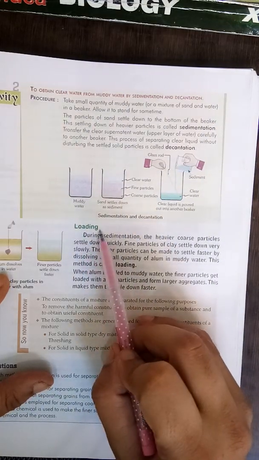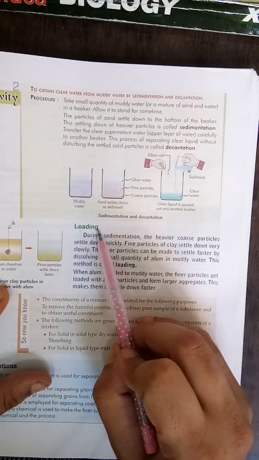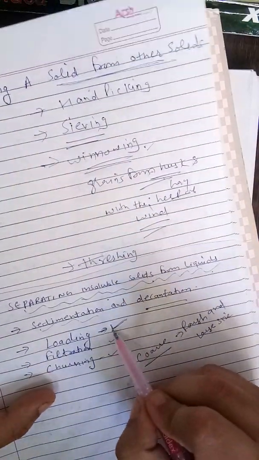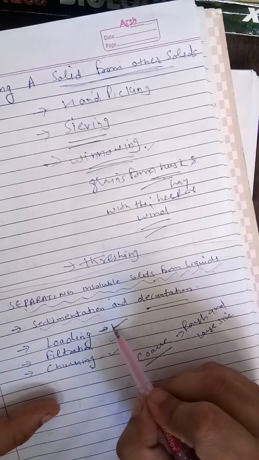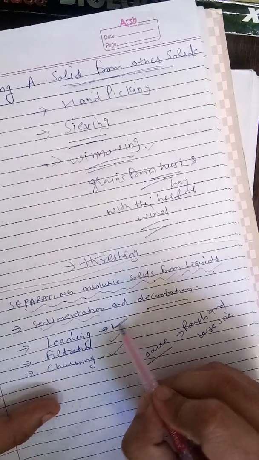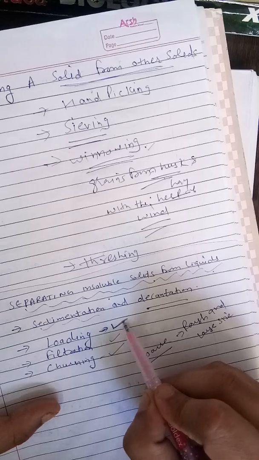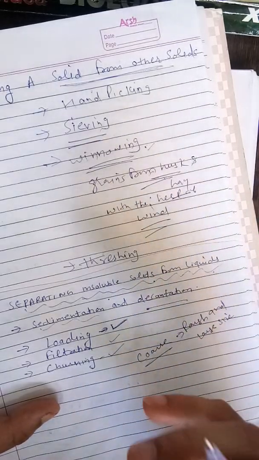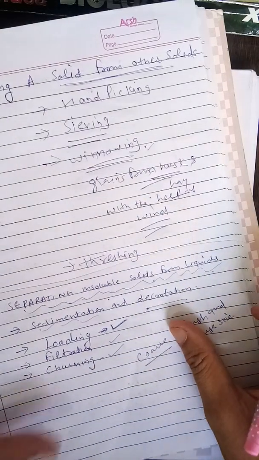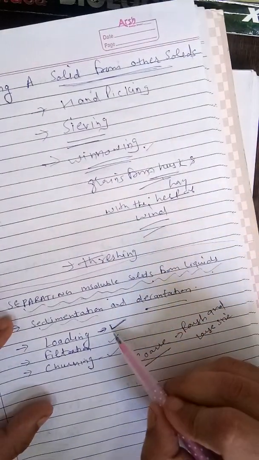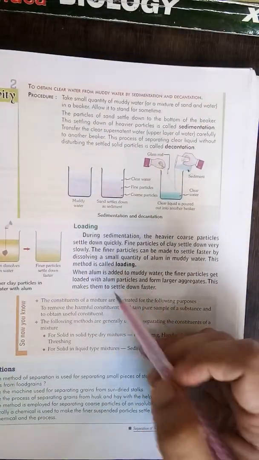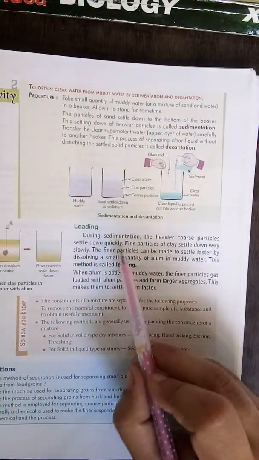Next, loading. So first of all, what is loading? In the case of loading, the fine particles, which are smaller and not very heavy, are made to become heavier so that they can easily settle down at the bottom of a beaker and be easily separated out. So what do we do in this case? During sedimentation, which we covered in the previous topic,